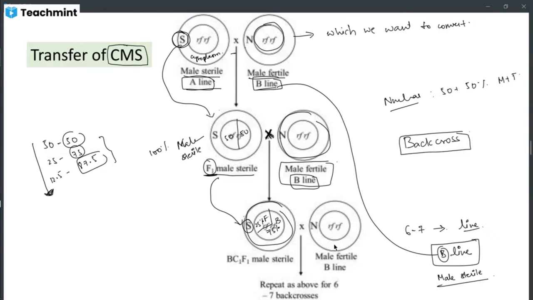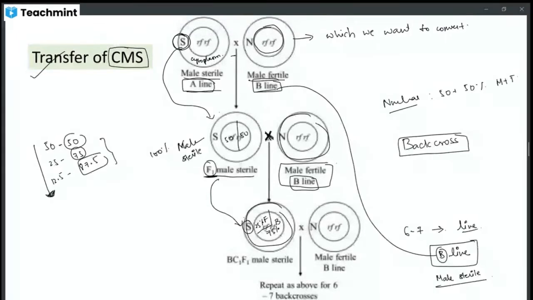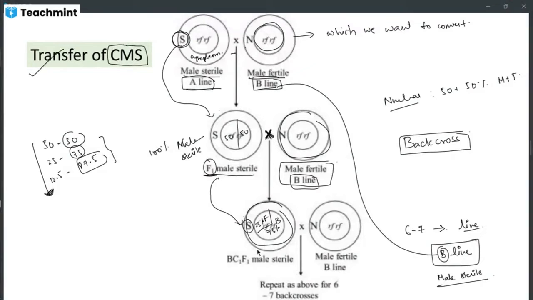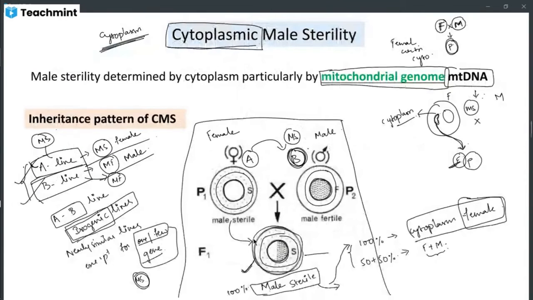Okay, so this is the method of transfer. Sir, the increase and decrease is related to only nuclear status? Yeah, only nuclear, because cytoplasm will always be from which side? But how is it related to the decrease and increase in nuclear status? See, cytoplasm will always come from the female side, but